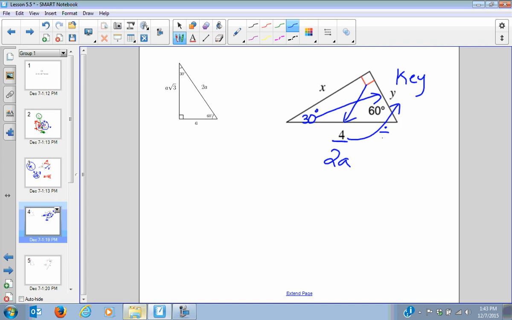I'm not multiplying this time. I'm going to divide by 2. And when I get that, I'm going to see that y equals 4 divided by 2, which is 2. So I have my key